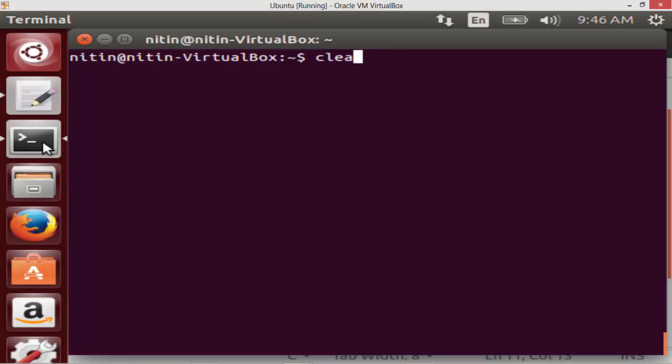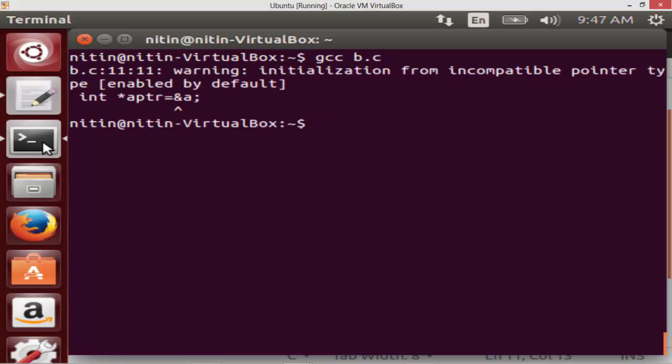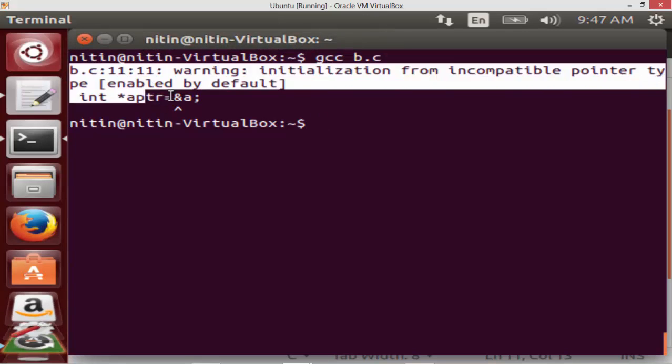When I compile with gcc, there is some warning. We have to be careful with warnings on pointers, but we will ignore the warning as we did in the beginning and see what happens.